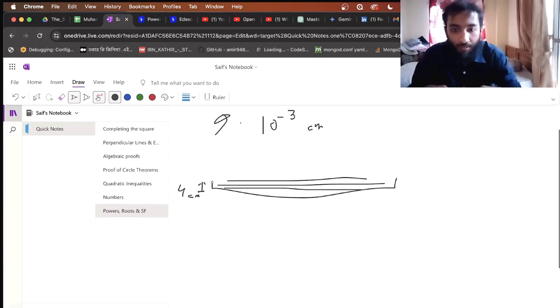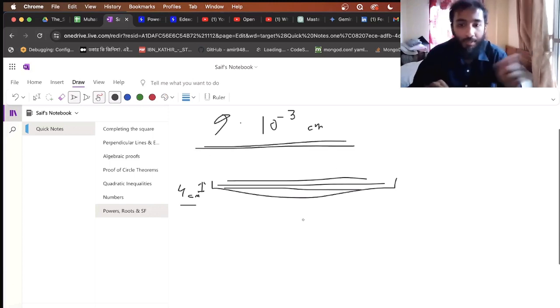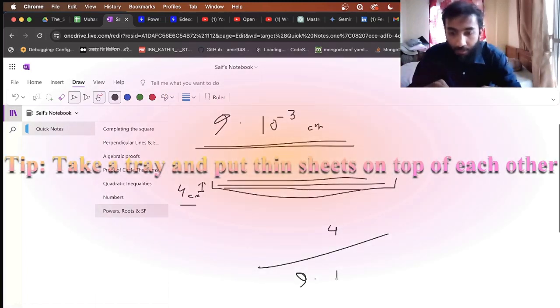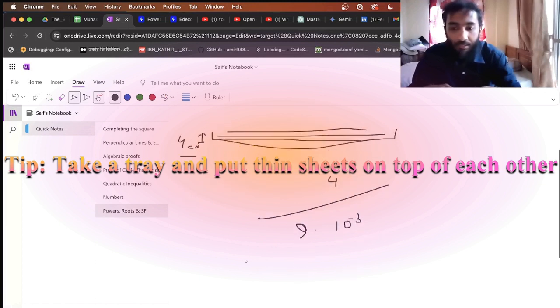If the depth is 4 centimeter, how many layers of 9 into 10 to the power minus 3 centimeter thick papers can we have? So if I divide 4 by 9 multiplied by 10 to the power minus 3 centimeters,